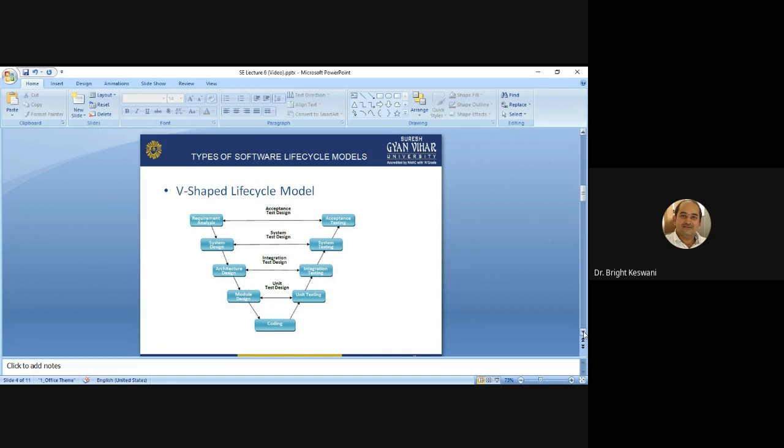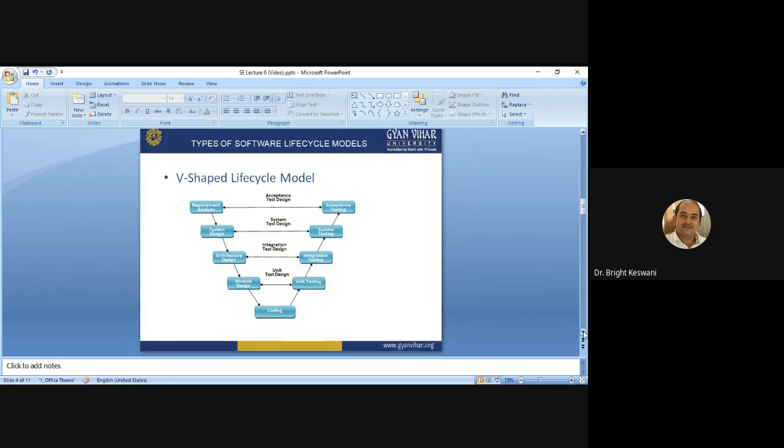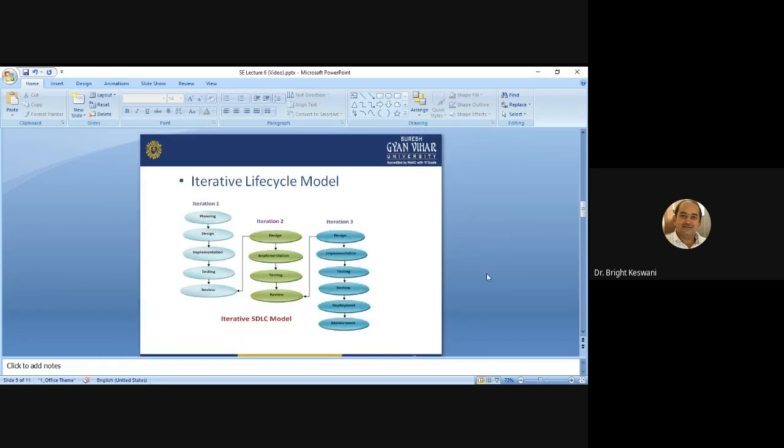Let us come to the second model, that is the iterative life cycle model. The iterative life cycle model is another important life cycle model, which consists of all the necessary phases of the classical SDLC, classical system development life cycle.